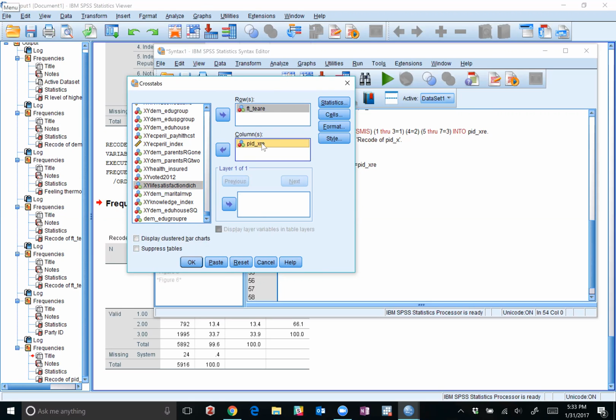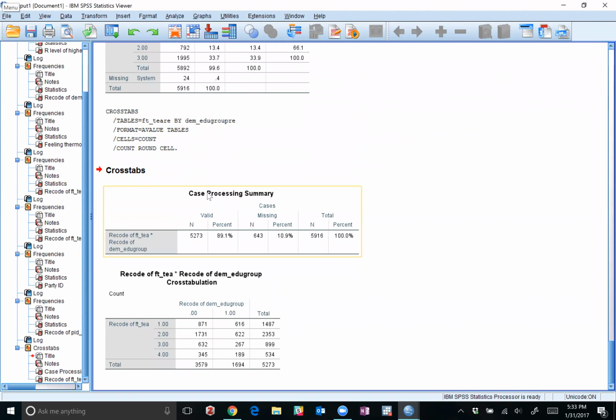So for us, let's just say we didn't want to use this variable. You just highlight it and then put the arrow over, and it comes over and back. All right, so like I said, we want to be doing this with education for right now. So we're going to do it this way. And what this shows us is our FT_T item, and it's crosstab with education. So what we have here is of the people who scored a 1 on our recoded FT item,